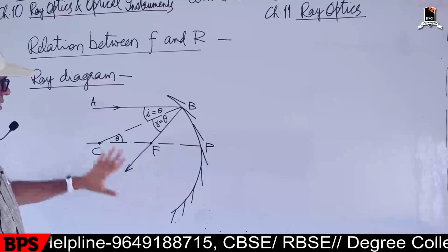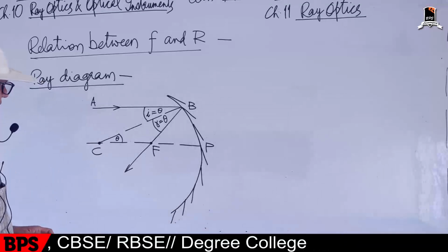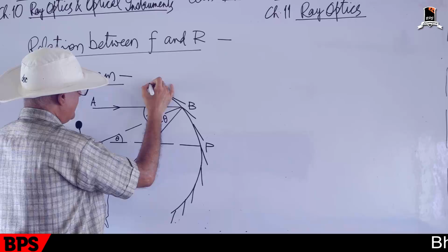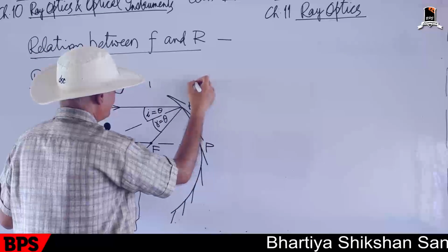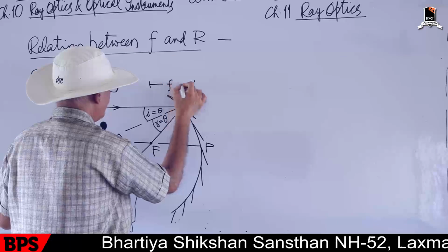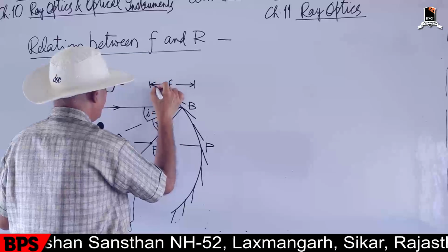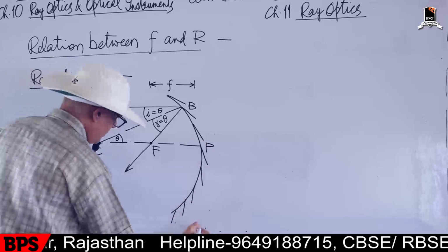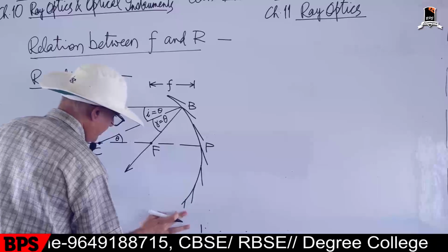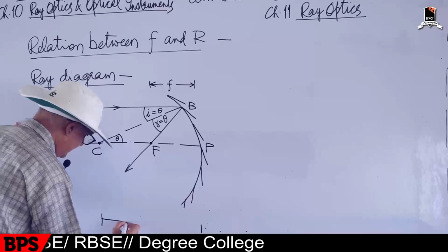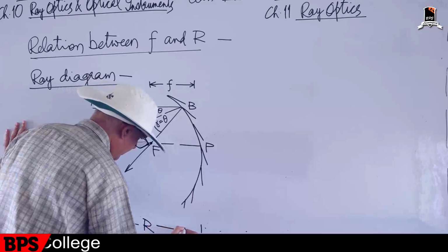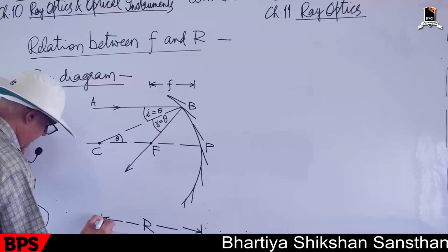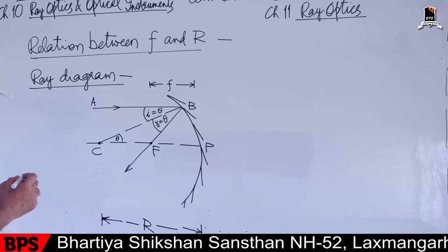So this will be the ray diagram which will be needed here, and the distances involved are, first, this distance, the focal length, the length from F to P. This length is called the focal length of the mirror, and the second length involved is this distance from C to pole point P. This distance is called the radius of curvature of this mirror, R. So this is the whole diagram.